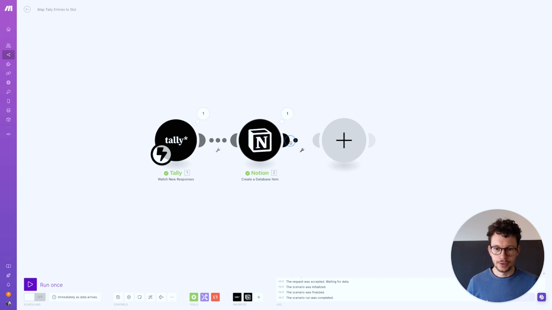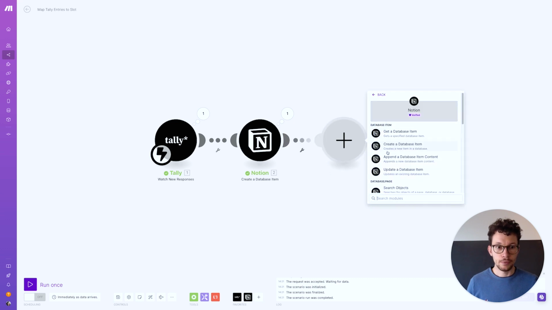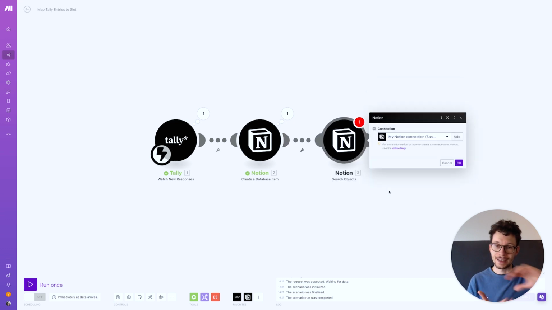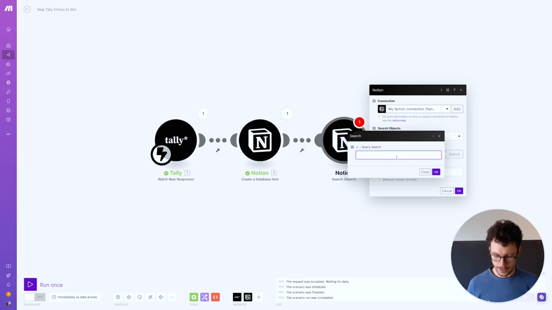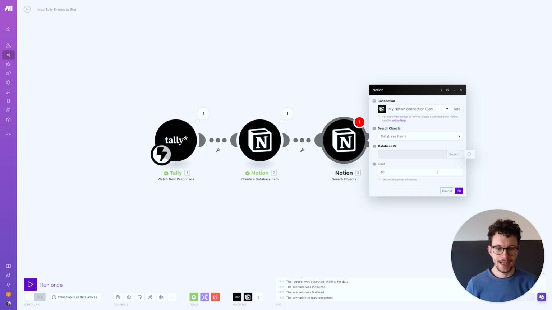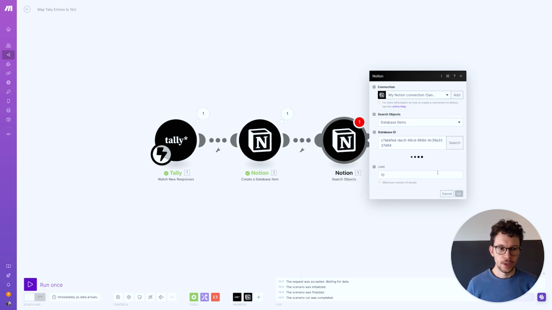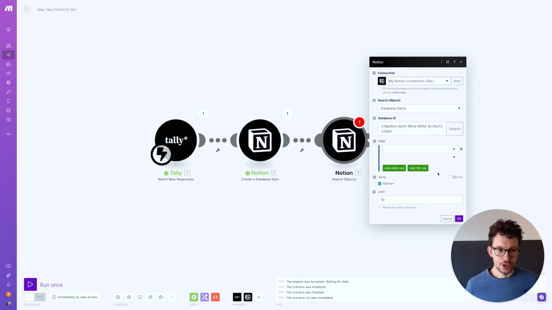And now what we want to do is go again to Notion and search for the matching time slot in the other database. So we will look for availability. That's the name of our database. And in here, once it has loaded, we want to find the entry that matches these conditions. So we want to make sure that the